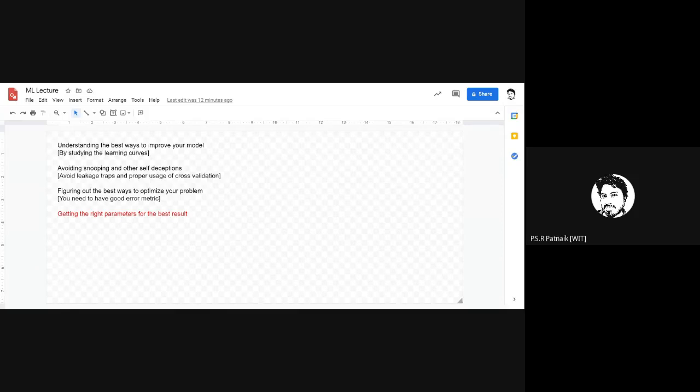Once we know all these three, where else can there be scope for further improvement? The scope for further improvement can always be found in the parameters. So getting the right parameters for the best result. Here when we are talking about parameters, we would specifically focus on hyperparameters.